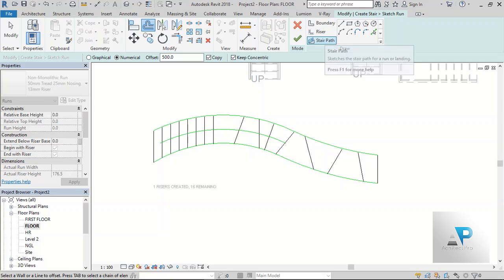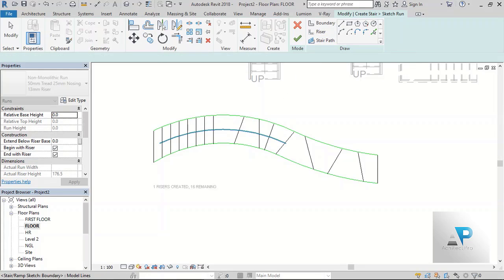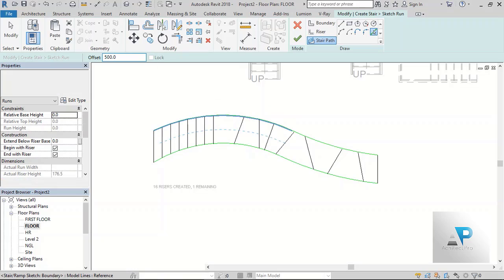So sorry, delete it, that's not what we want. A stair path. Now make it 500. Now pick an offset to the center,